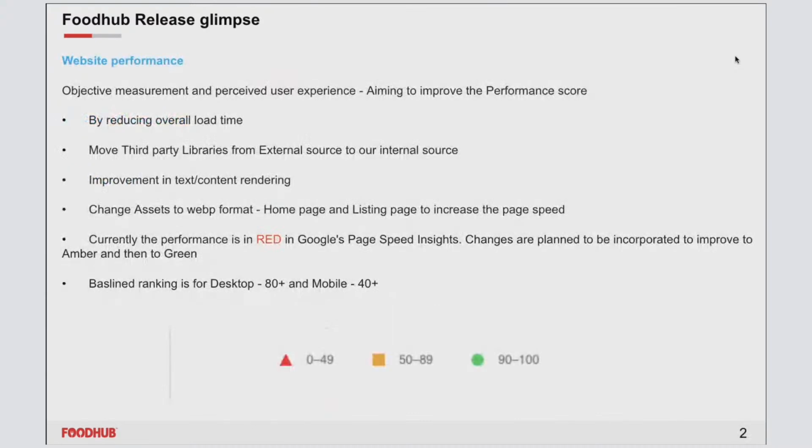So next is website performance. At the moment, we are majorly putting our efforts into improving the performance of the website. Our main objective and measurement is to improve the user experience and the performance score. We have targeted a few scenarios where we can improve the speed and the score for our